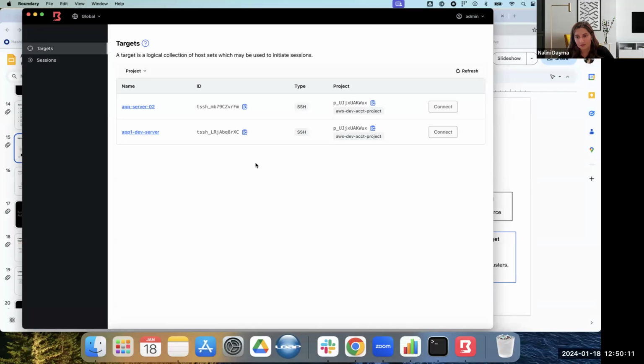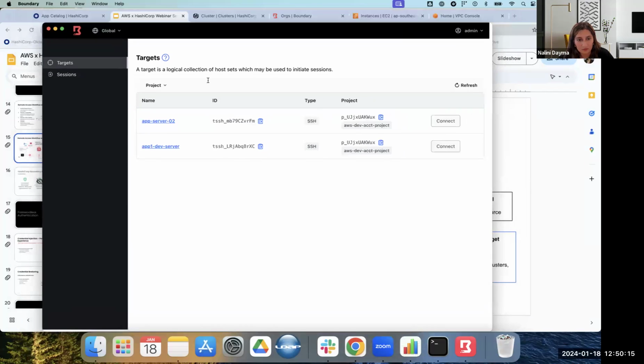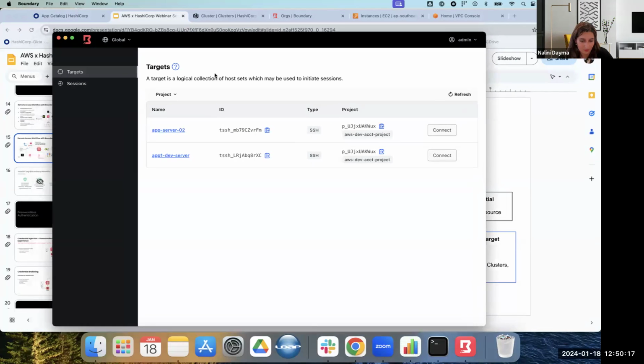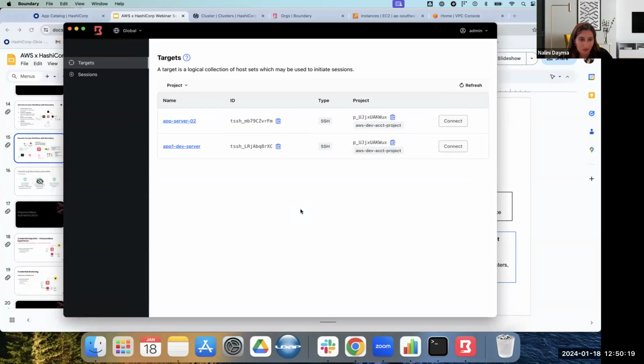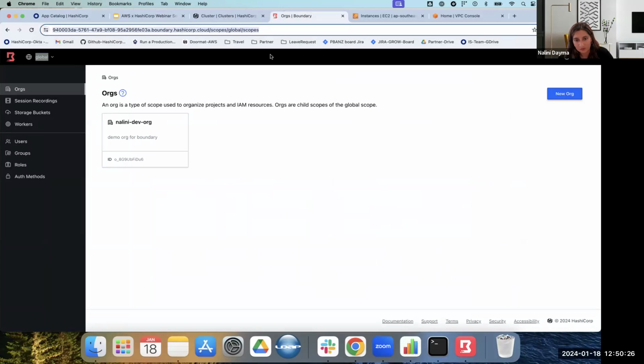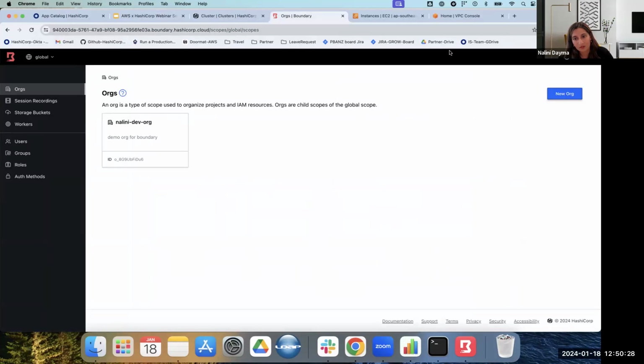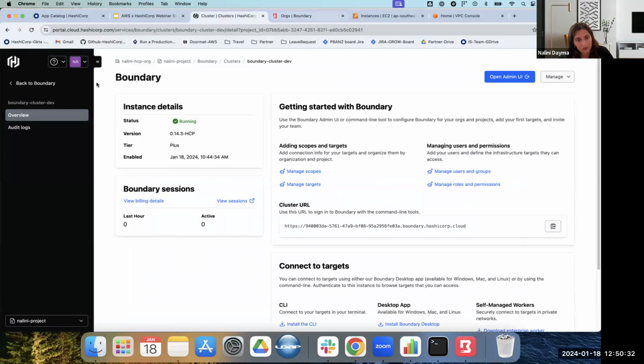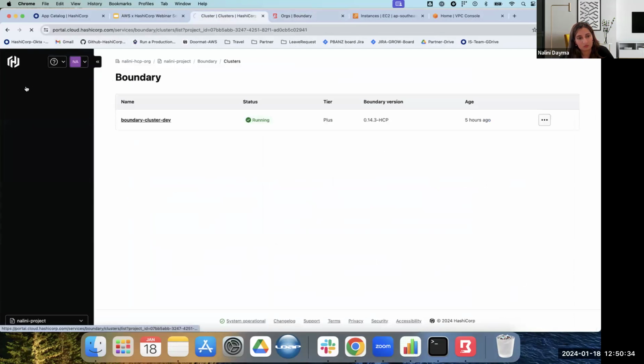How does that work, right? So if I go to the server now, this is my Mac, and on my Mac, I've got this Boundary client. It actually connects to a Boundary server that is running on the HCP platform. So this is a SaaS offering. So if I go to my SaaS offering here,